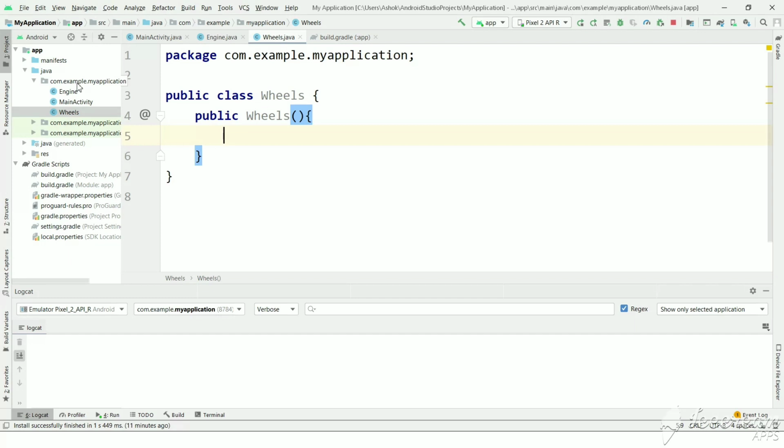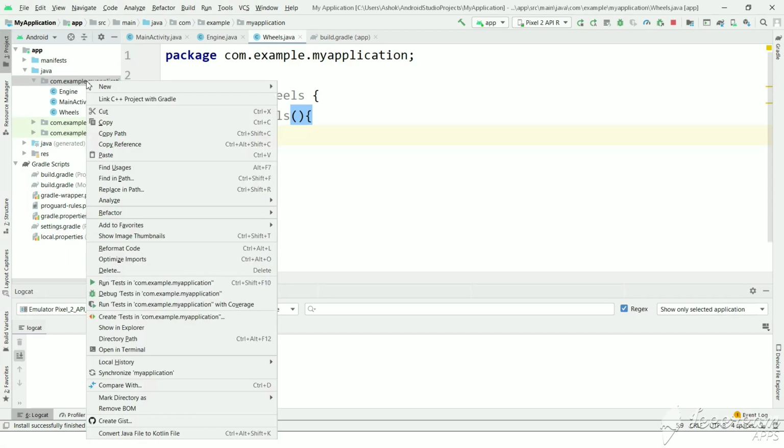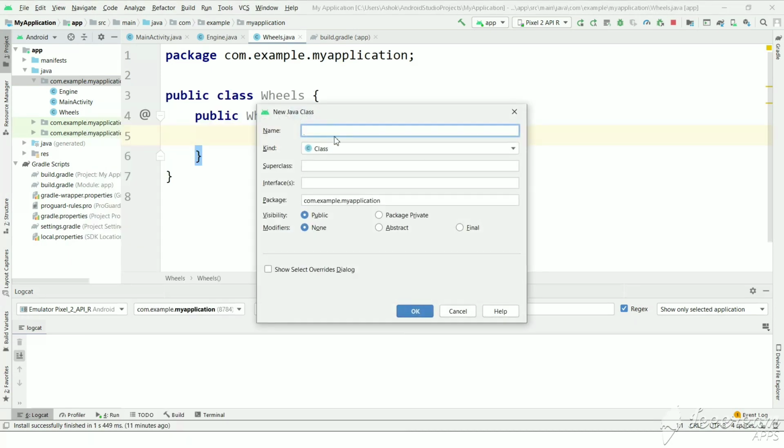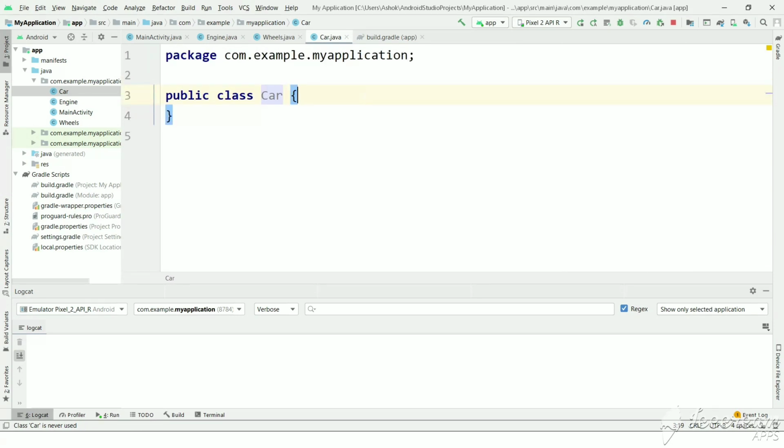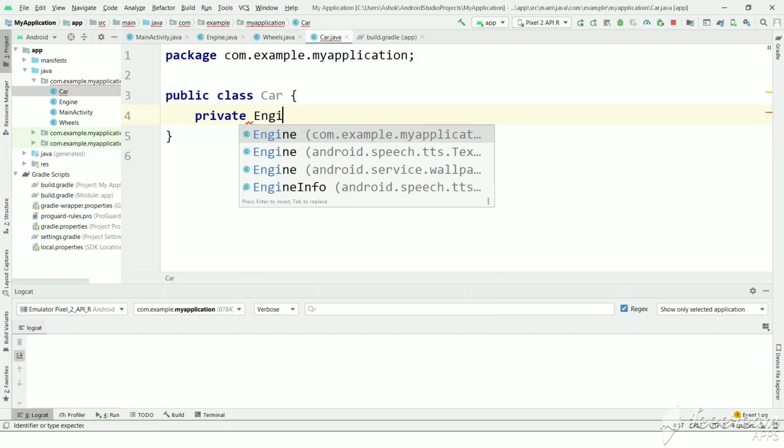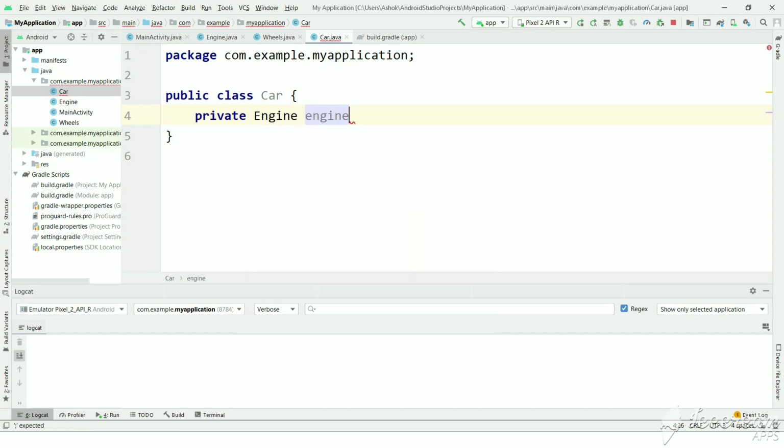And now let's create a car class which is dependent on engine and wheels. Car class, and this is dependent on engine as well as wheels.